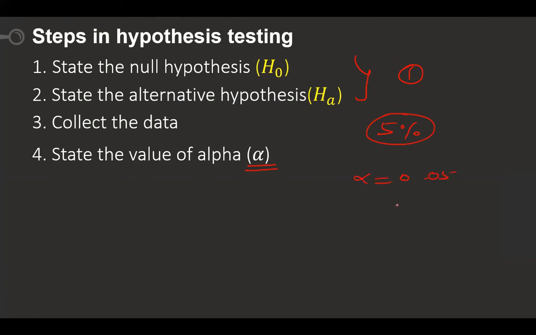No, I am very confident, so I'll write alpha equal to 0.01. So I'll write that only a 1% mistake will be made by me. So alpha will be set by the researcher. Whenever nothing is given, you always take alpha equal to 0.05. That's the point you have to remember here.